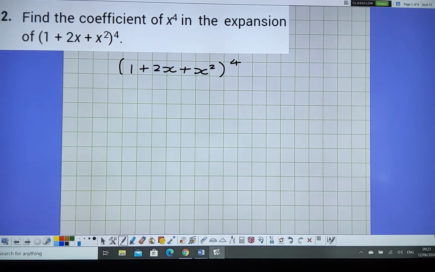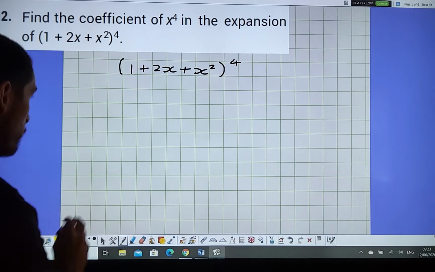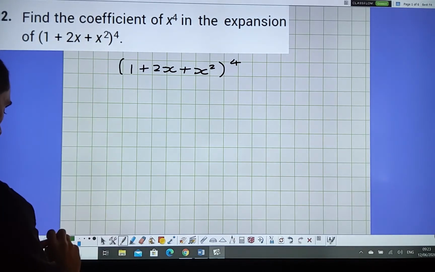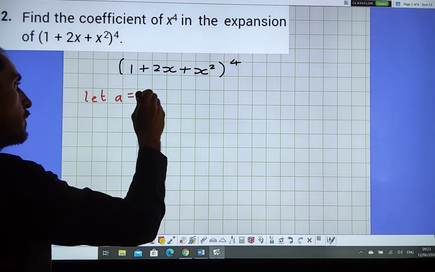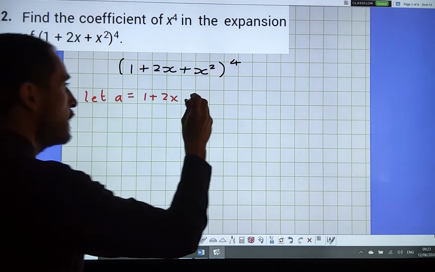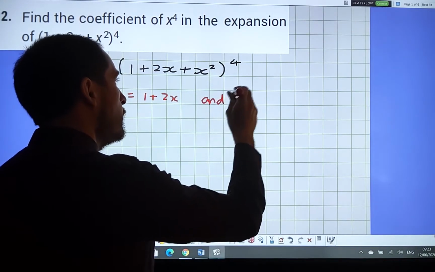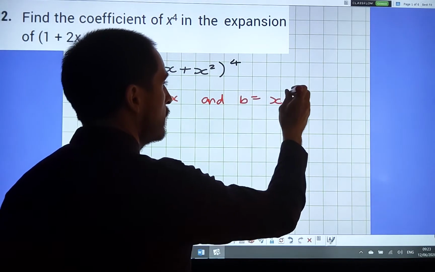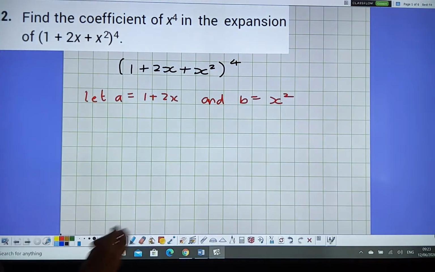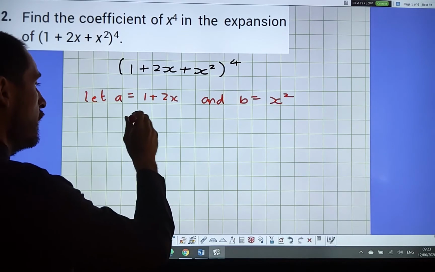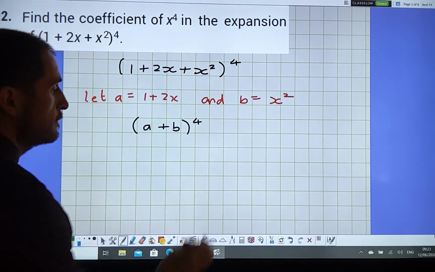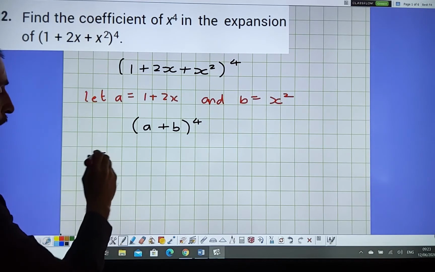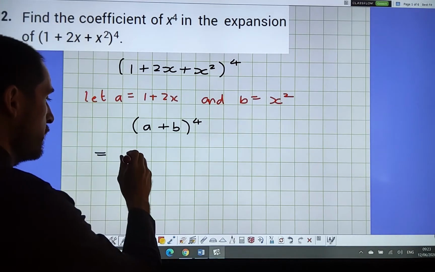So what I want to do is use a substitution. Let a equal 1 plus 2x and b equal x squared. Now we will sub these back, but that creates the following: I will have (a + b) to the power of 4. And using a binomial expansion, I can say that that's going to be equal to